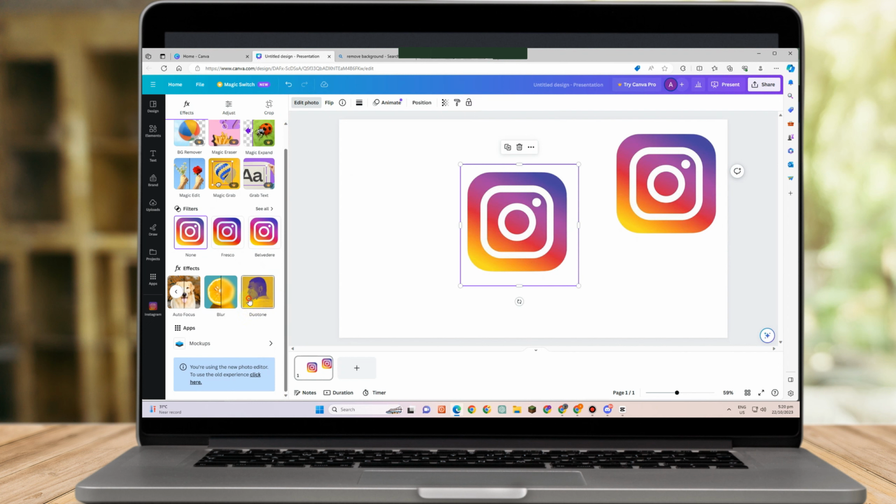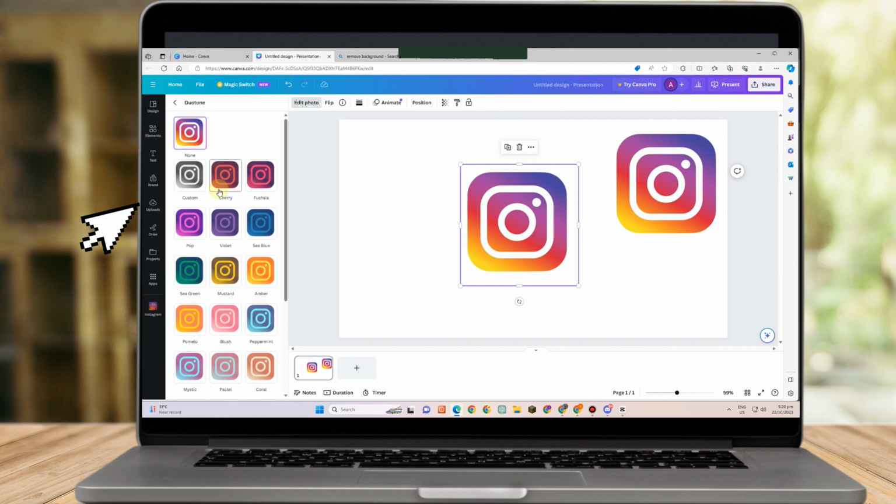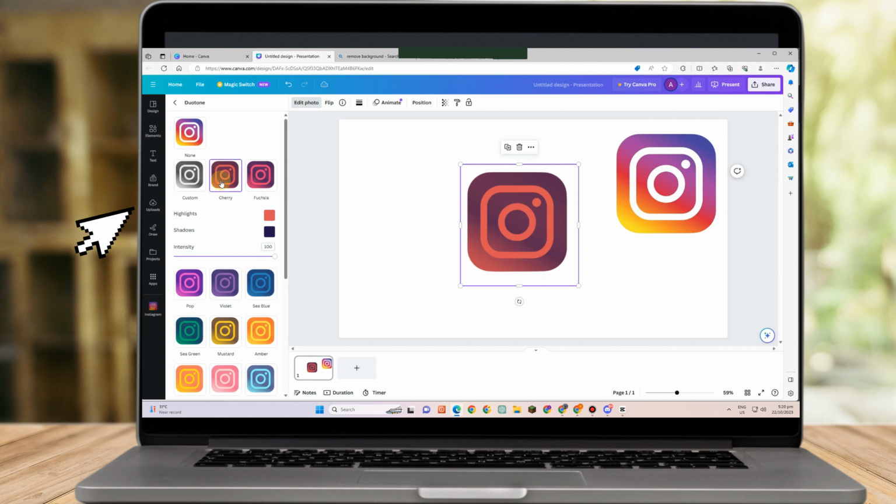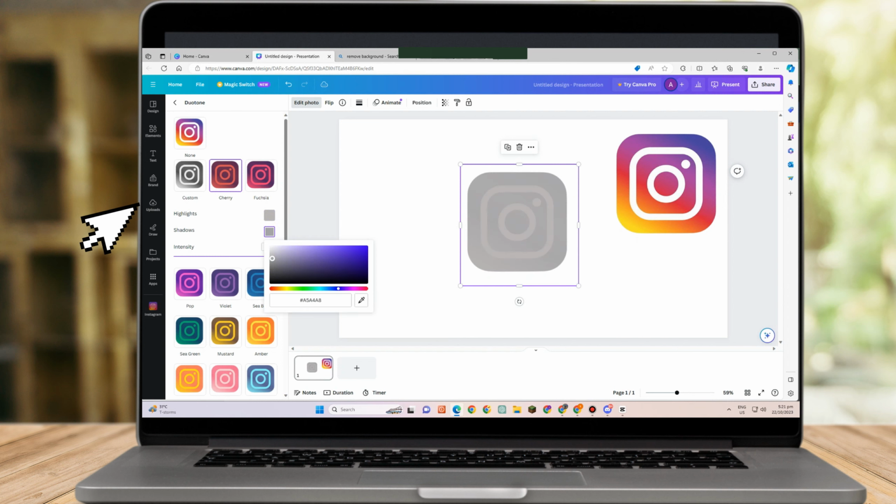What we're going to do here is just simply go to duotone. I mean, click the photo first, go to duotone, and then tap this effect here, cherry. And then change the highlight into color gray. Okay, and also aside from highlight, change the shadows to color gray too. Okay, so look for color gray. This is what it looks like. Okay, and then after that,